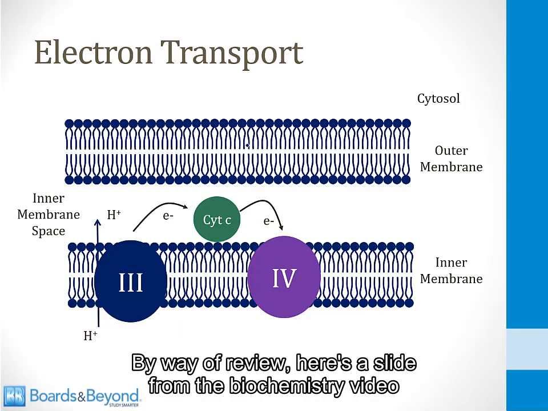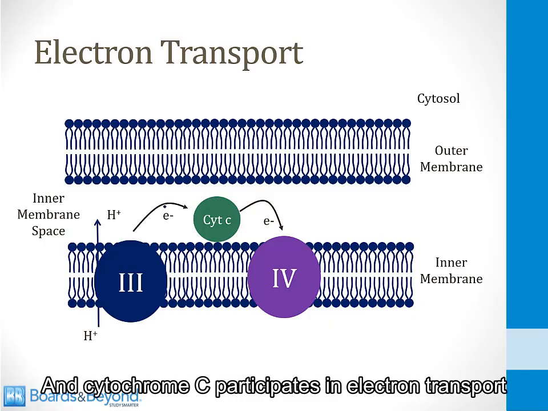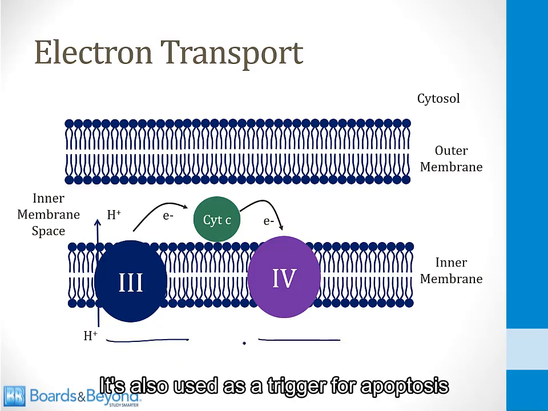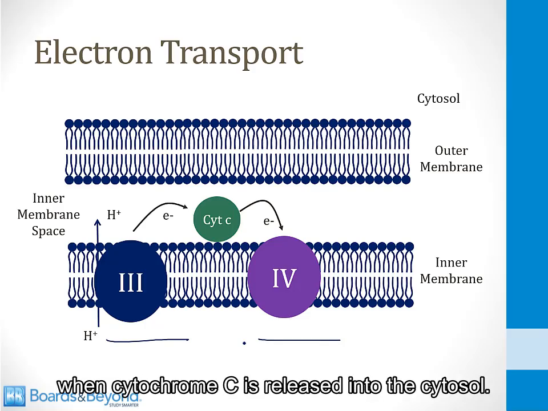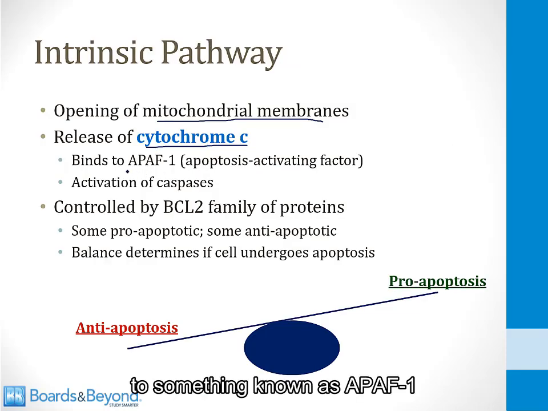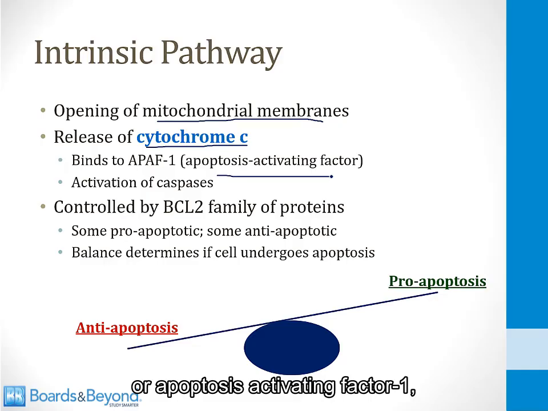By way of review, here's a slide from the biochemistry video on electron transport, and cytochrome C participates in electron transport by transporting electrons from complex 3 to complex 4. It's also used as a trigger for apoptosis when cytochrome C is released into the cytosol. What cytochrome C does is it binds to something known as APAF1, or apoptosis activating factor 1, and this can